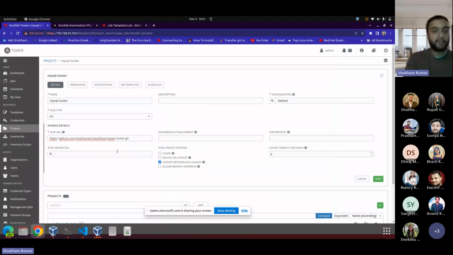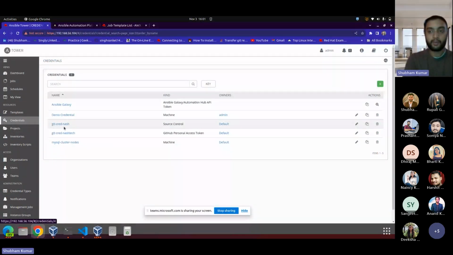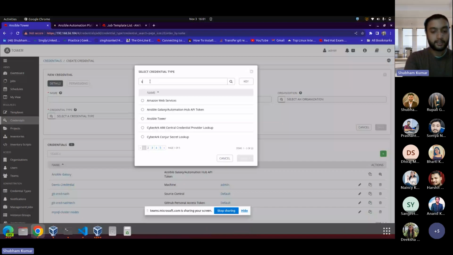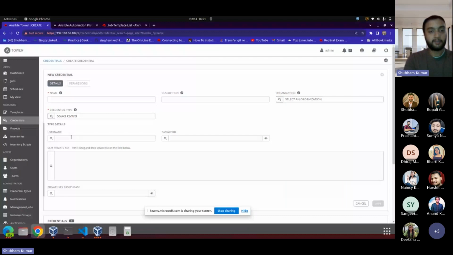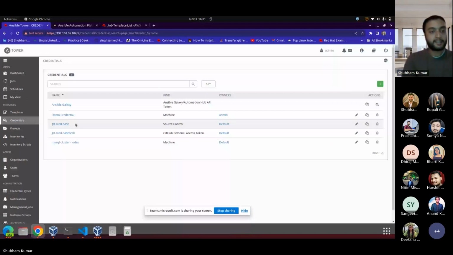Now, if you have a public repository, you don't need to pass any credential. And if you have a private one, you just create a credential from up here. This is where you can create credentials. And for a GitHub credential, you can click on this plus icon. And for credential type, you can just click on source control. Yeah, source control, this one. Source control is nothing but your GitHub credentials. And you can pass your username and password from up here, or a private key, whatever you have, for authentication to your GitHub repository. And the same you can attach